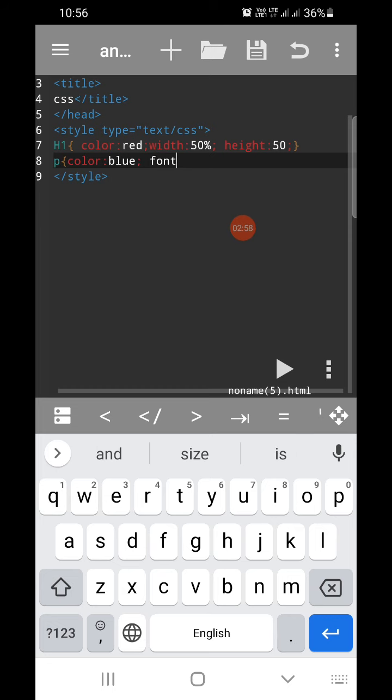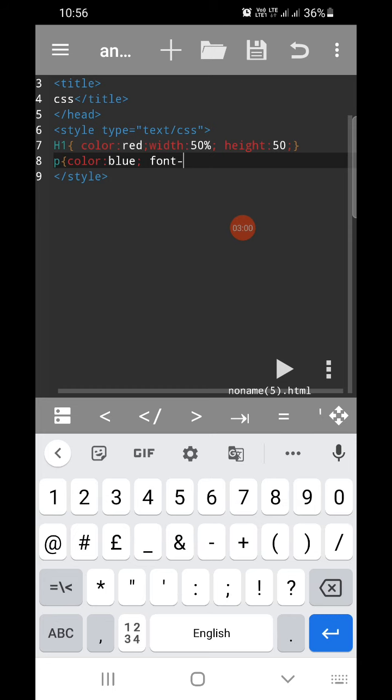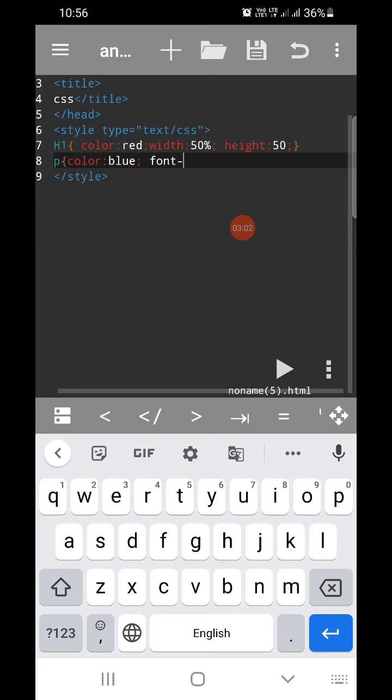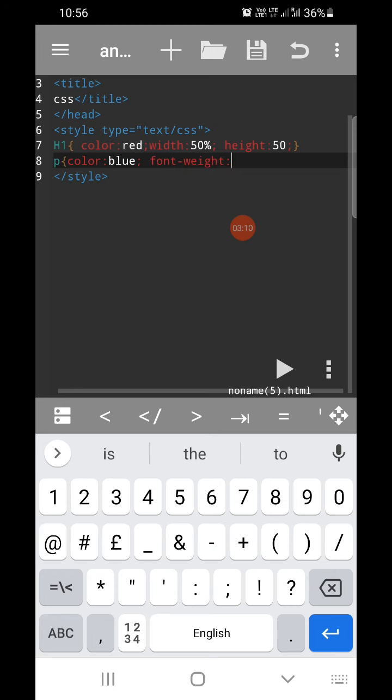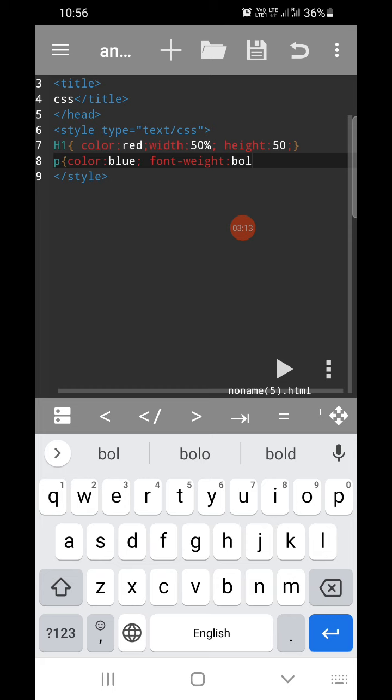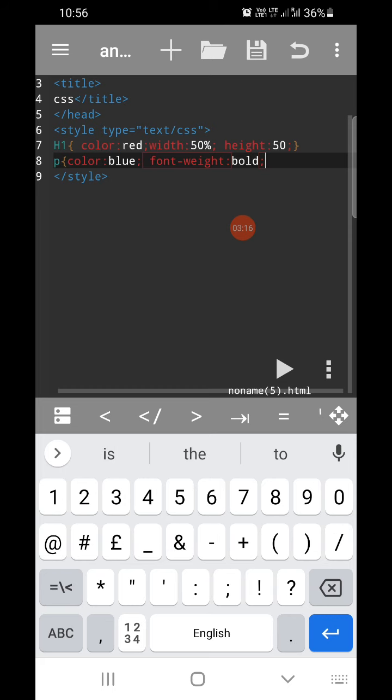You want to set font. These are the properties that you have to learn. That is why I have shared a list with you all, with properties and values. Font weight, and the value that you can give for the weight is bold, semicolon.